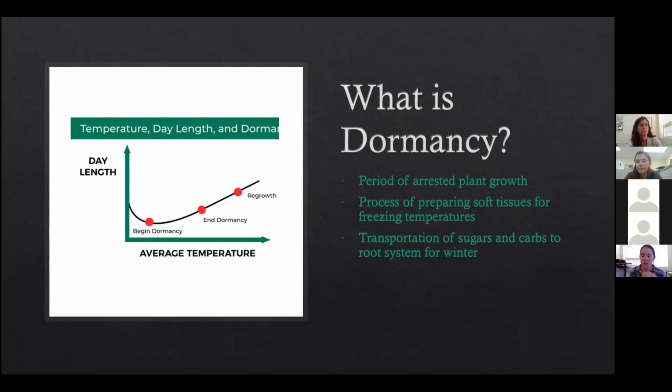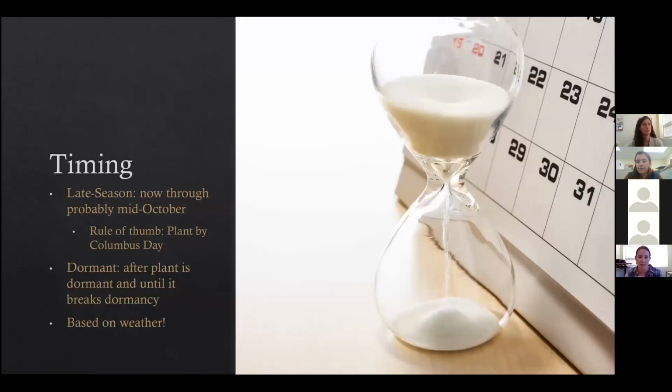So as far as timing, like I mentioned, we've got the two different strategies where you've got either an actively growing plant that you're putting in late in the season and setting it up to put on a lot of root growth and establish those roots really strong this year. Or you've got your dormant planting where the plant is fully dormant and you're simply using it as a strategy to get it in the ground early so that it can break dormancy really early and get a head start